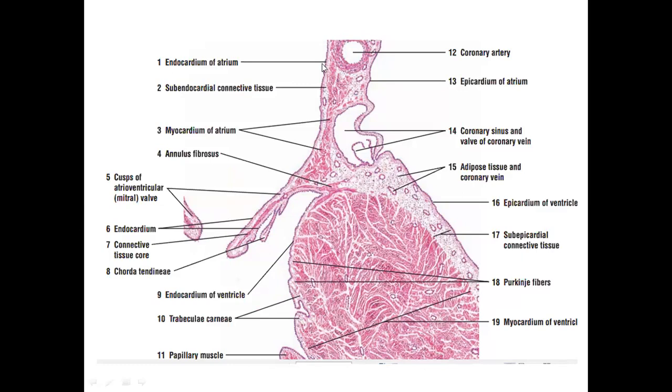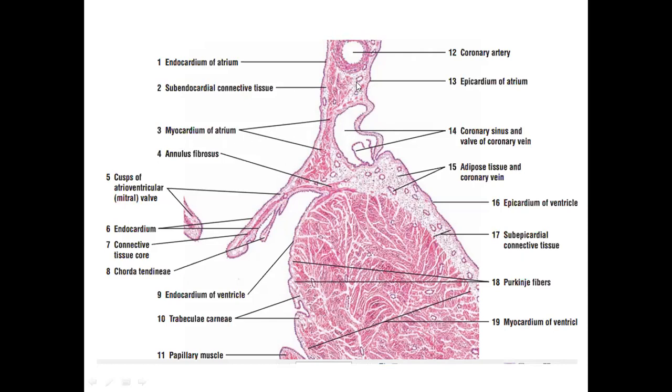There is a continuous simple squamous epithelial layer towards the atrial chamber, endocardium of atrium labeled, and then on the outside there is again a continuous layer of simple squamous epithelium, part of epicardium, the mesothelial part. Between them, below epithelium, you must have this lightly stained area as subendocardial connective tissue, and in this particular part, this lightly stained area with lots of blood vessels, this is subepicardial connective tissue, and then between them you have the cardiac muscle part, which is myocardium of the atrium.